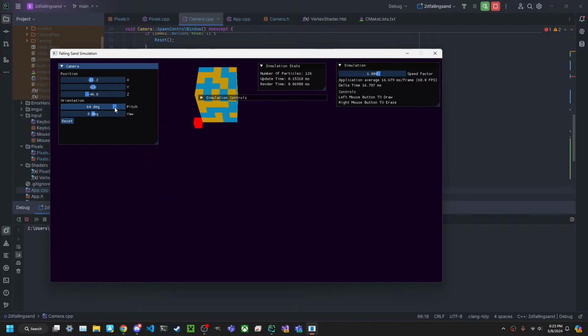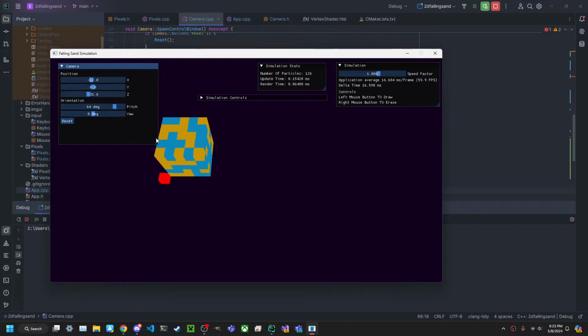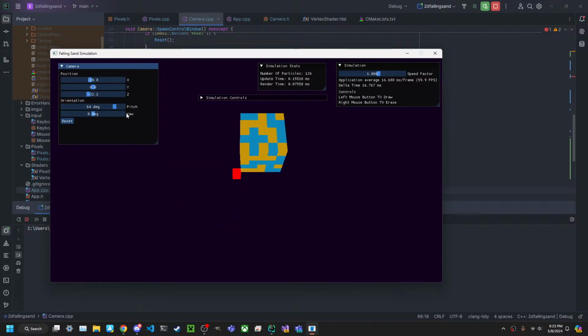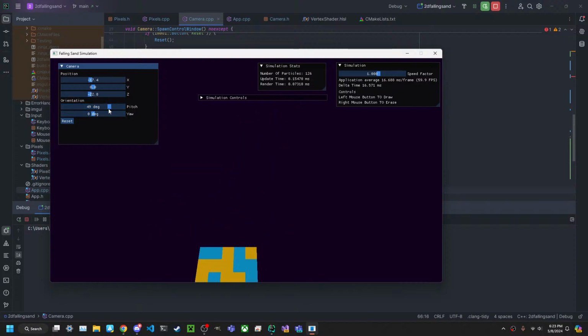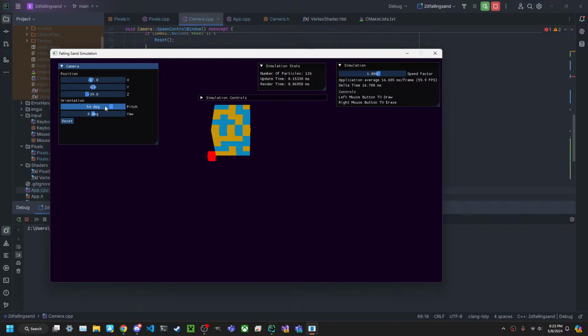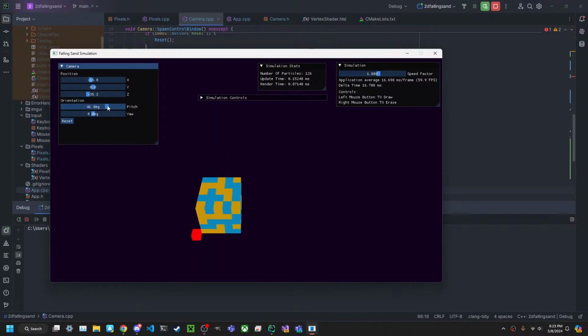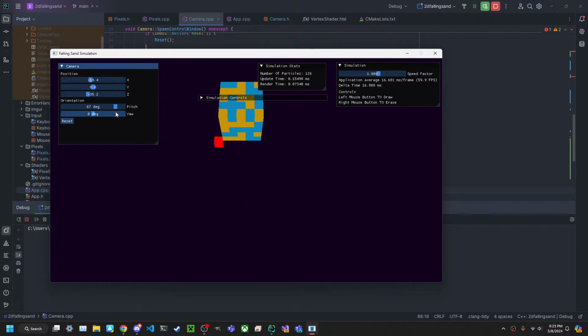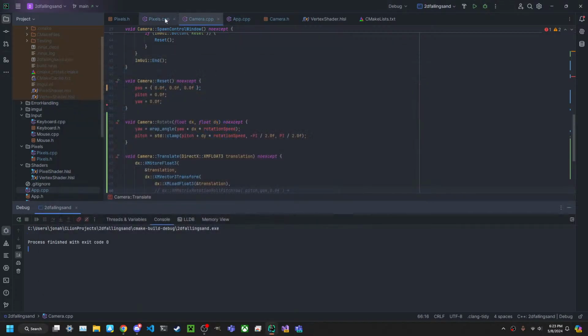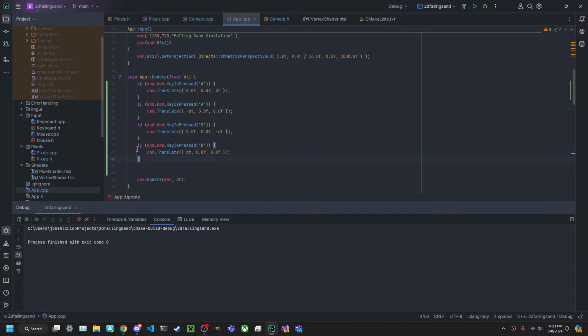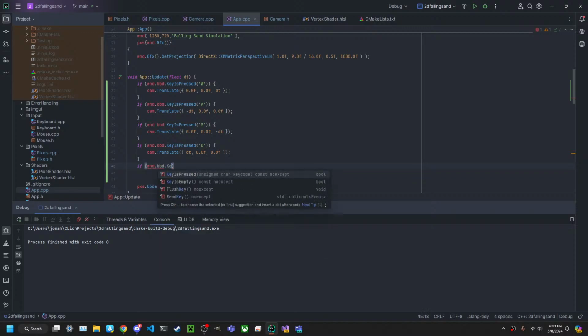So it's a little more like Minecraft movement-y, where you move in the direction you press. I can't press the button while I'm doing mgui, but you move in the direction you press. And then what I can do is, if window.keyboard key is pressed, and then we do